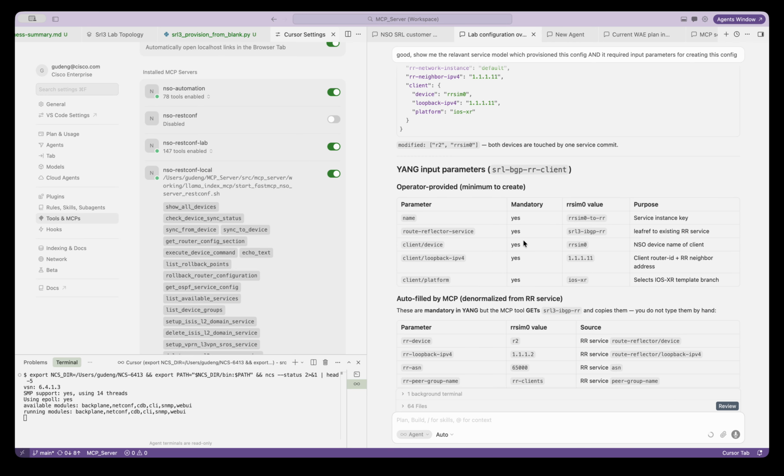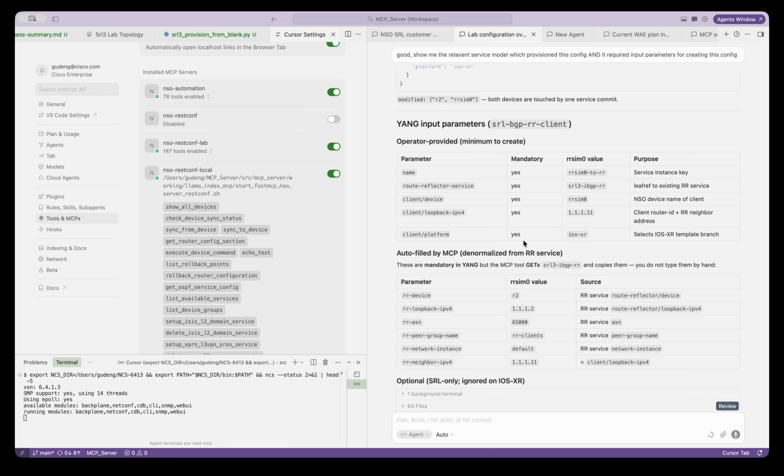Then this is the parameters I need to input to be able to provision this model. So not much. It's just those parameters which I just showed you in the config.